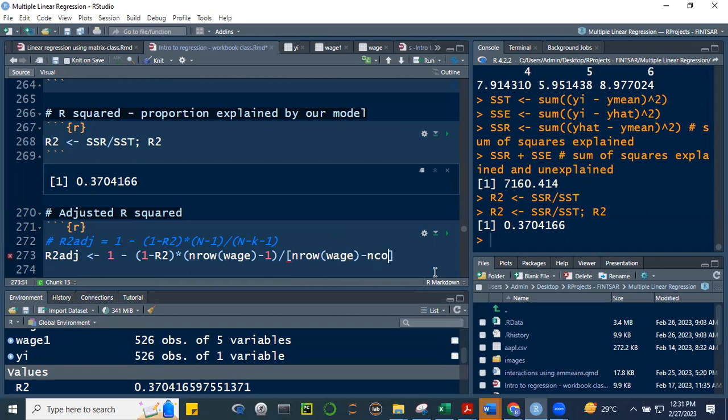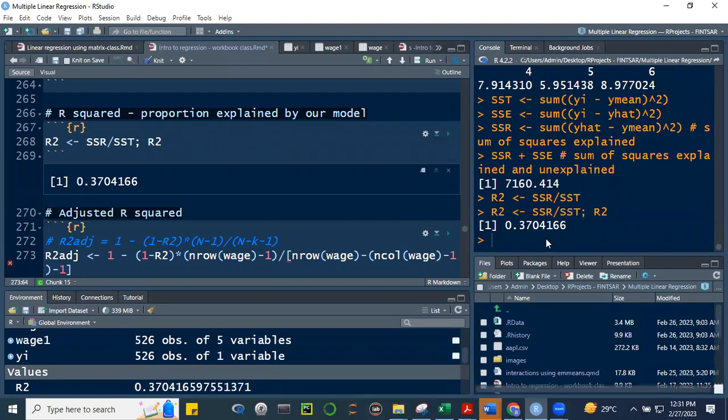Let me just use the n column. N column of wage. Yung n column kasi ni wage, kasama si dependent variable, no? So ima-minus 1 ko siya. Mas maganda sana kung nag-create tayo ng isa pang object na wala yung dependent variable natin. Tapos minus 1. Okay, take a look at my formula. I hope it's not